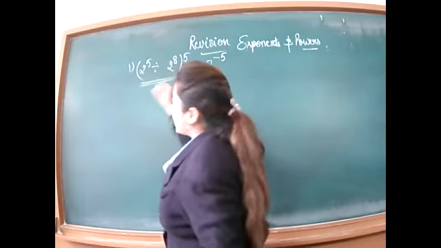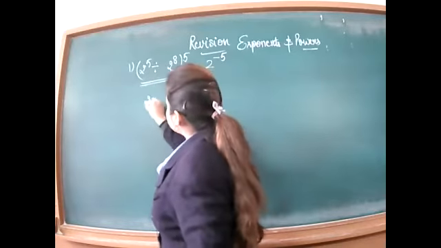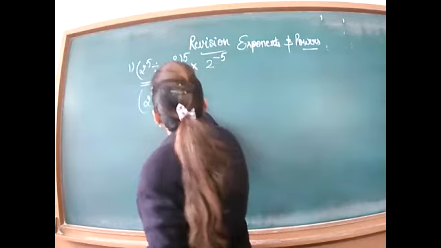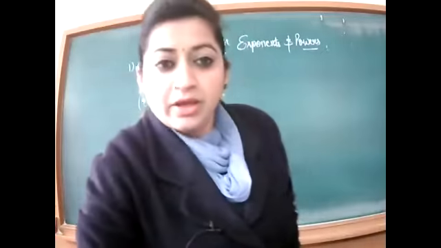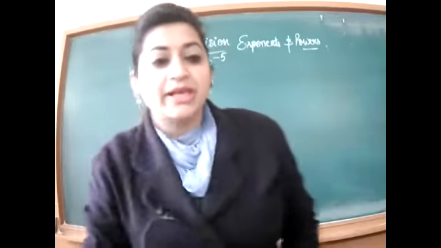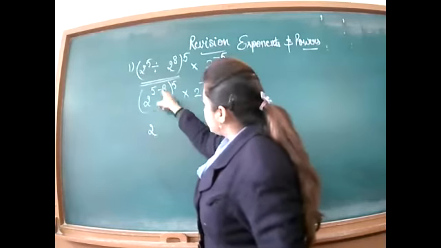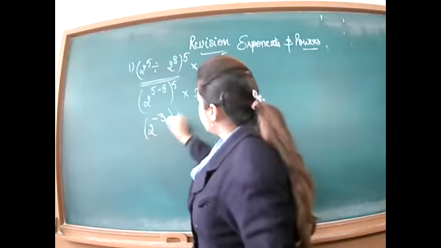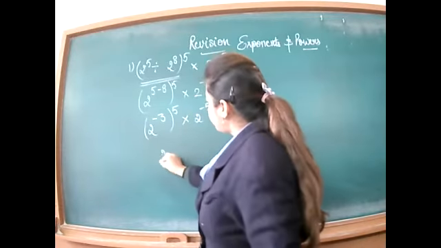Now you will solve the bracket here. The terms are dividing, and as the base is the same, the power will be subtracted. The remaining things you will write the same. You will move step by step. Once you solve the bracket, then you will solve the term that is given outside. 5 minus 8 is minus 3, whole raised to power 5, into 2 raised to power minus 5.